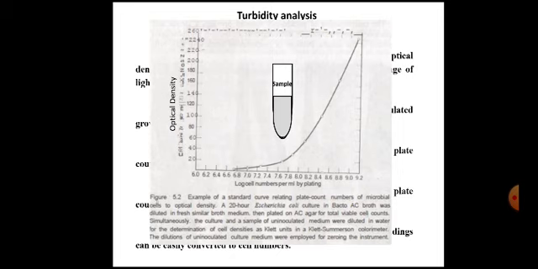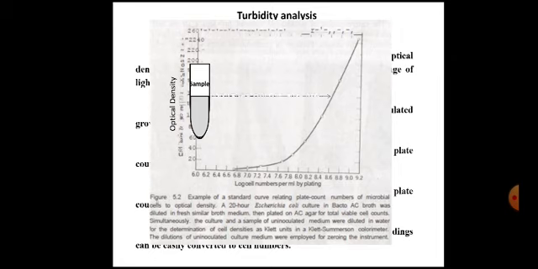So what we did, first we prepared the standard graph using standard cells. Once the graph is prepared, now we'll pick up this sample, we'll measure the optical density of this sample, and then